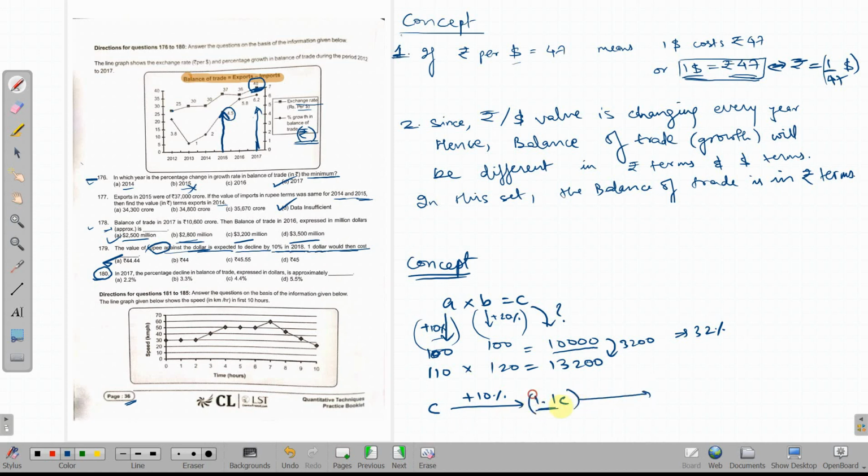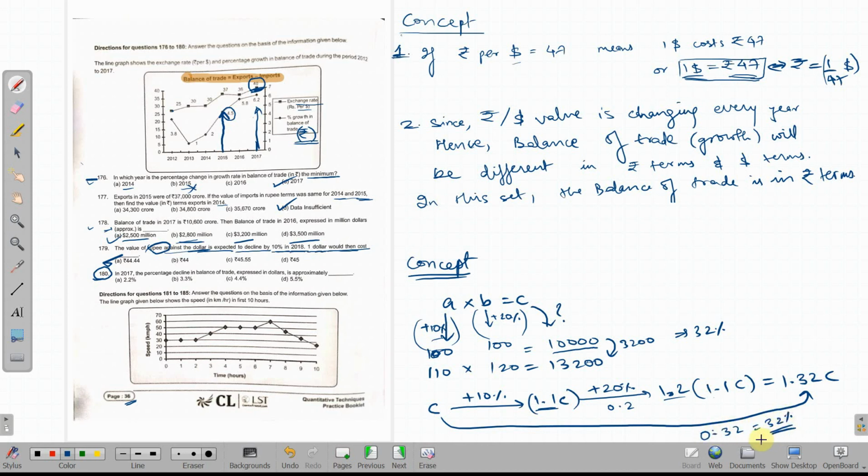Now this is the new number and this will increase by 20%. So 20% के लिए basically can I say it will increase by 0.2 of itself. So the number itself plus 0.2 of it. So it will become 1.2 times, 1.2 of what? 1.2 of this. So 1.2 into 1.1 C, and this equals your final value of C. So 1.1 into 1.2 is 1.32, and you would simply say hence the overall change is 1 C says 1.32, it has increased by 0.32, which is nothing but 32% increase, right?